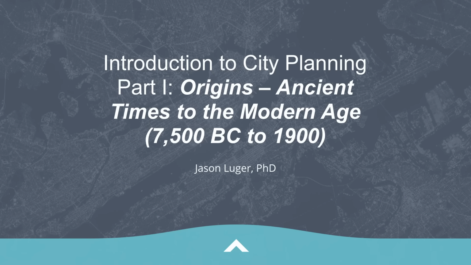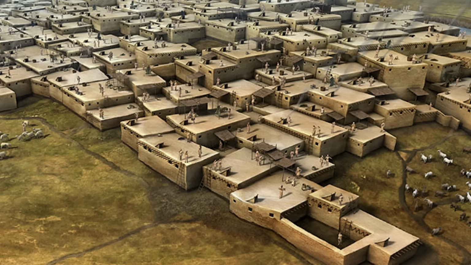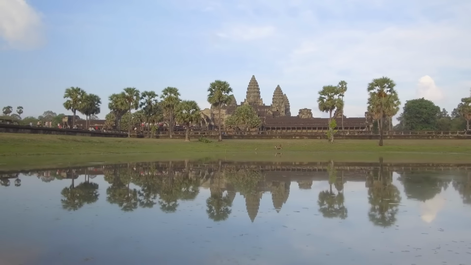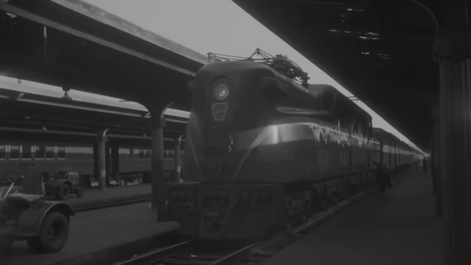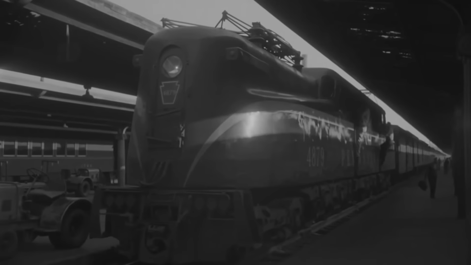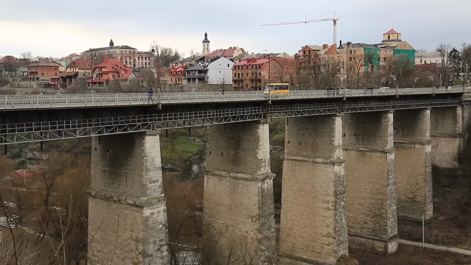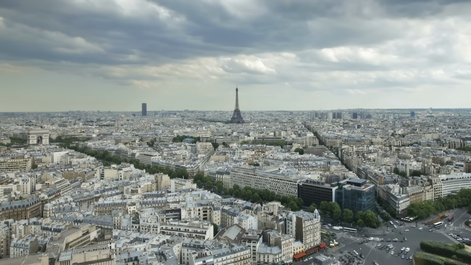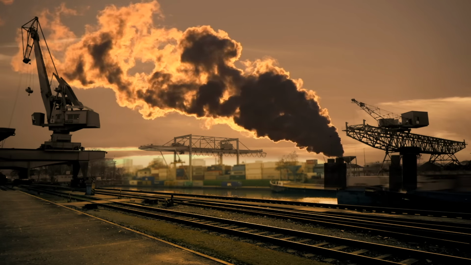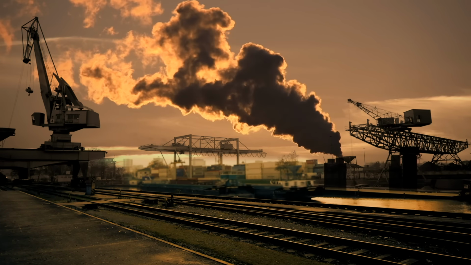This journey takes us from the first city of Çatalhöyük, 7500 BC, through some of the ancient cities of the world like Angkor, Tenochtitlan, Rome, and Athens, up to Manchester's factories and Chicago's rail yards. Students in this course will learn about key developments, innovations, and debates in early planning, such as how to deal with sanitation in public space, the advent of the boulevard and the grid of streets, how the Industrial Revolution was such a dramatic and in some cases violent urban transformation.